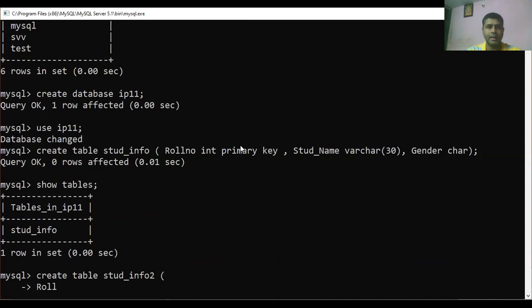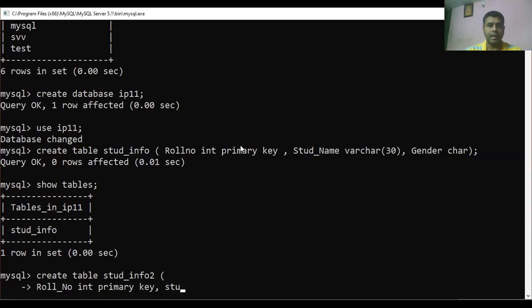Roll number I can write in this format also. What was written previously is also valid. Primary key means duplicate values will not be accepted under this column. Then student_name, varchar of 50 or 40, up to you, you can assign the name length.